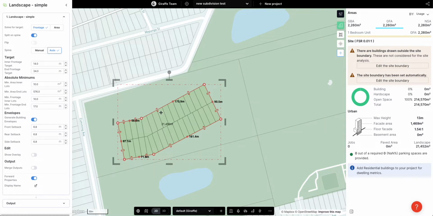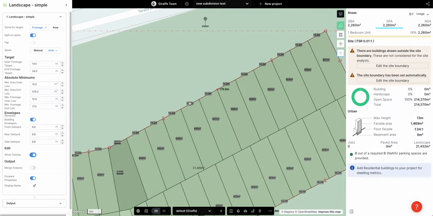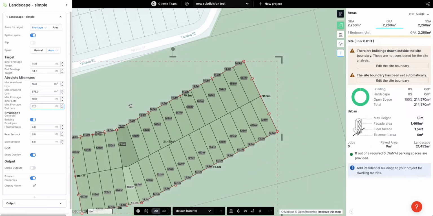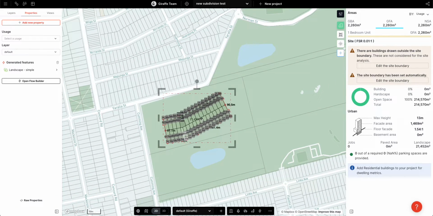I'm targeting an inner frontage of 14 meters. And if I show that overlay, you'll see what I mean, 14.3 meters. And I've got no absolute minimums. So very, very simple. Now, what I'm going to show you is kind of fun, which is a subdivision of